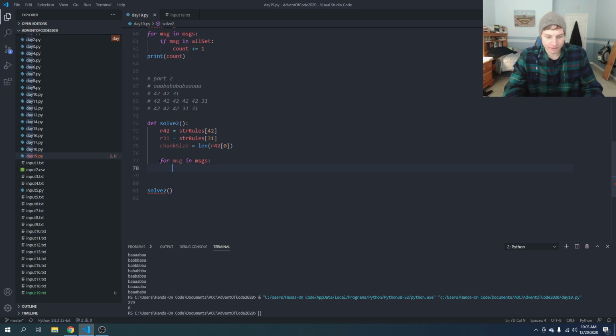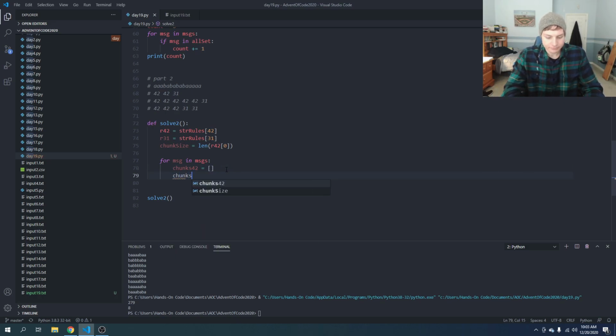We're going to have two lists. Both lists will have booleans, true or false, and they'll be the same length. The chunks 42 list will represent whether that chunk is from rules 42, and